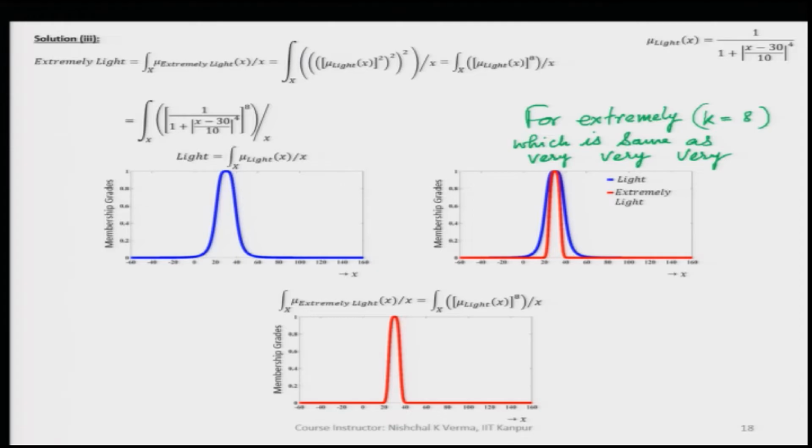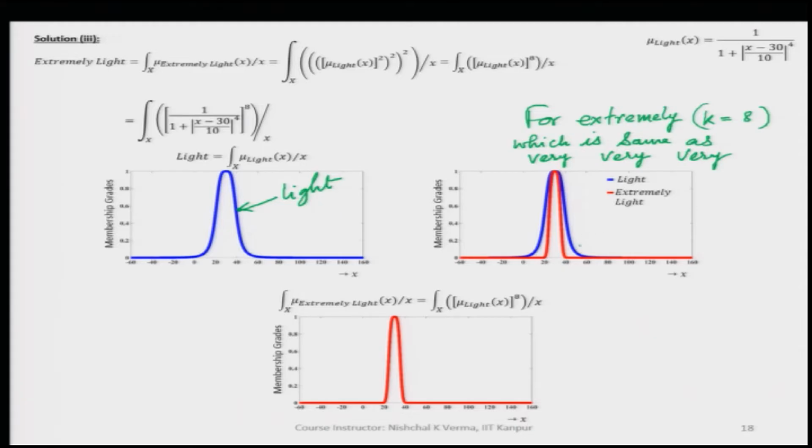We already have the fuzzy set for light here, and if we are interested in extremely light, it means we have to concentrate the light fuzzy set 3 times.